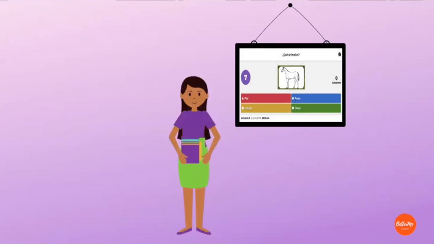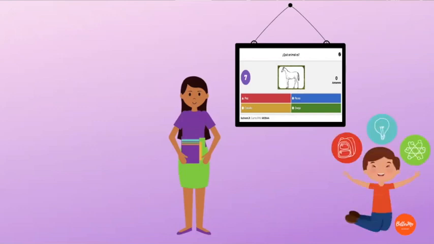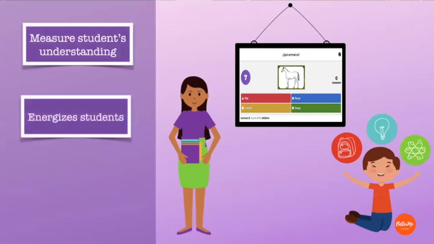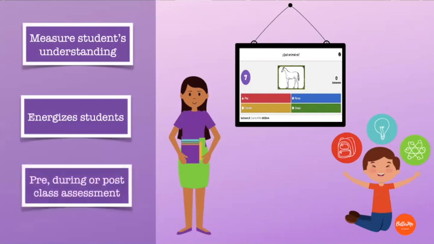Play live. If you're looking for a way to measure students' understanding, consider playing Kahoot live with your students. It's a fun and effective way to measure which concepts your students understand fully and which might need reinforcement. If you're looking to end or start a class on an exciting note, or a way to energize your students, Kahoot is a great way to have fun while also utilizing class concepts. You can use Kahoot instead of a worksheet at the end of a lesson for assessment, or before introducing a new concept as a form of pre-assessment to see how much students know about the new concept.